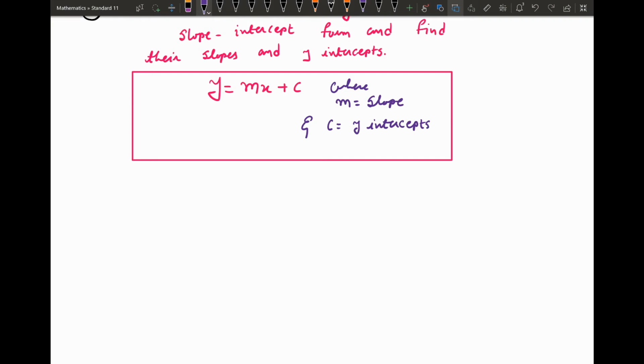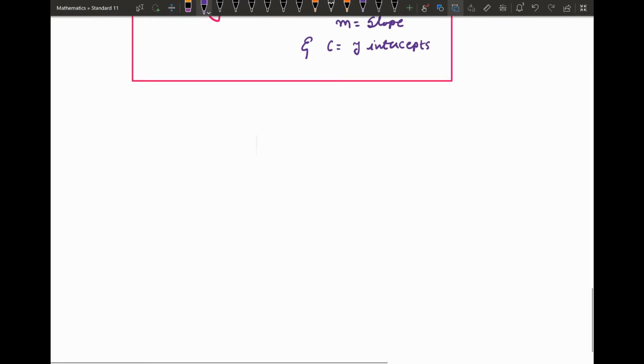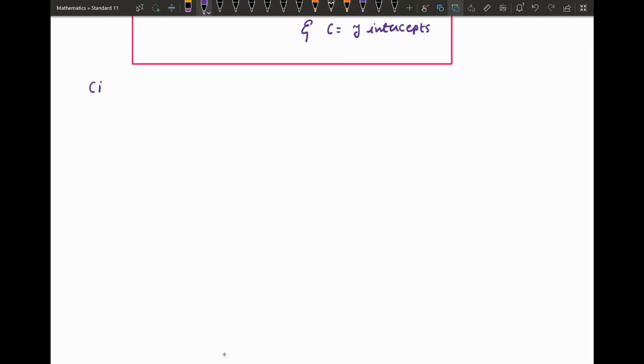So we will use this one, y equal to mx plus c. Here m indicates slope and c indicates y-intercept. So we will convert into this standard form, and by comparing with this standard equation we will find slope and y-intercept. So the first example is x plus 7y equal to 0. So this can be written as